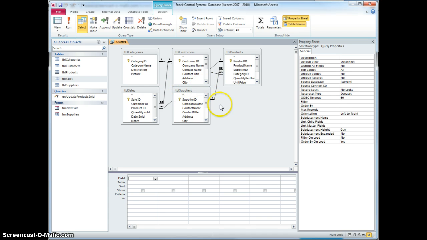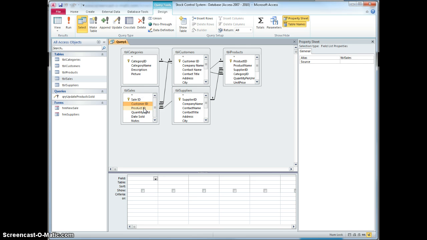Now, one very important aspect here, this is the sales table. These 2 fields here are the ones with the lookup. These are the combo drop downs. So although I have customer ID here and here, this is the one that I need to include, and same with the product ID. Although I've got product ID in here and over here, this is the one I need